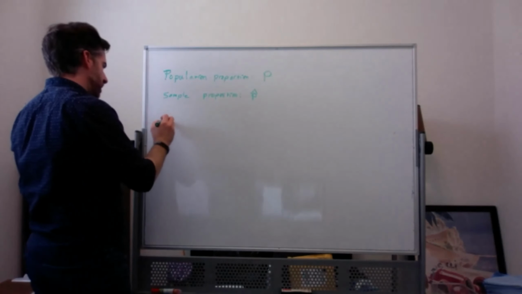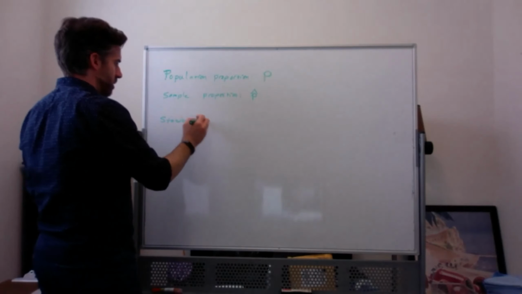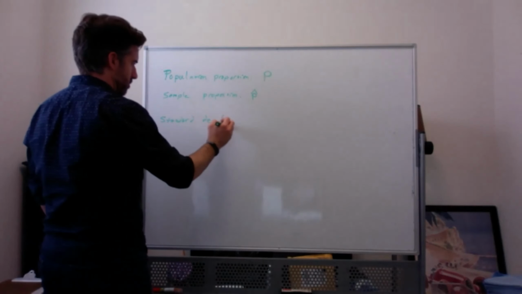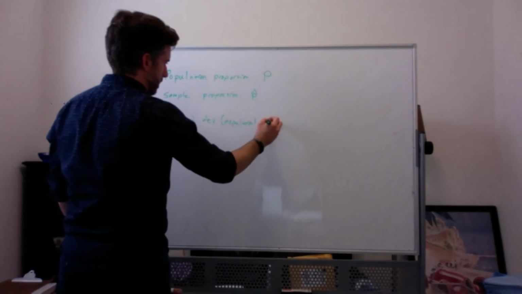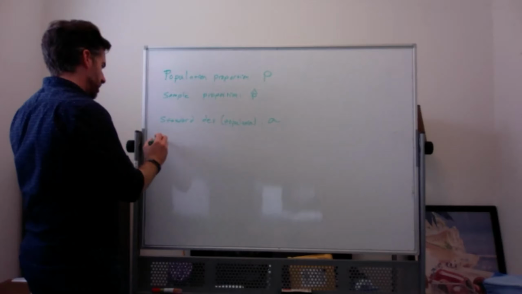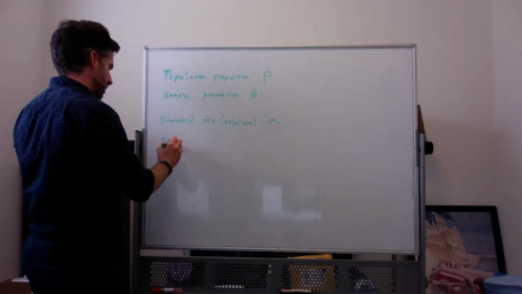The standard deviation for the population is given by sigma still, and the sample standard deviation